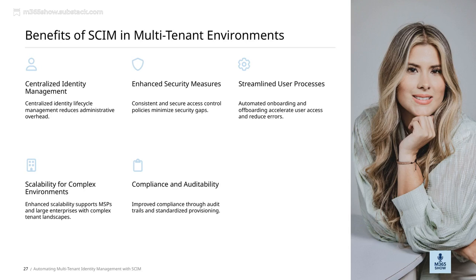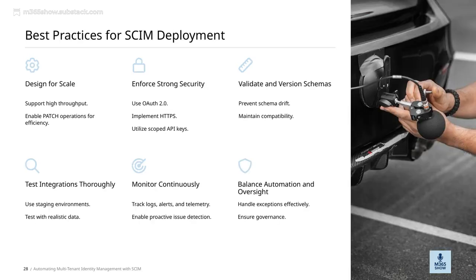Altogether, these benefits show how SCIM makes multi-tenant identity management more efficient, secure, and scalable, integral to our overall goal of streamlined and secure identity management. When deploying SCIM, it's crucial to handle exceptions effectively. This means setting up robust error management processes so that issues don't go unnoticed and can be resolved quickly. Alongside that, ensuring governance is key, making sure your policies and controls are in place to maintain security and compliance